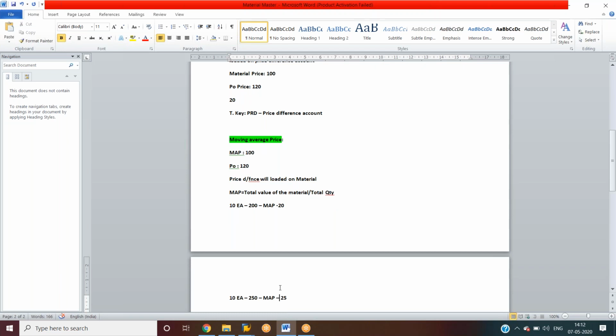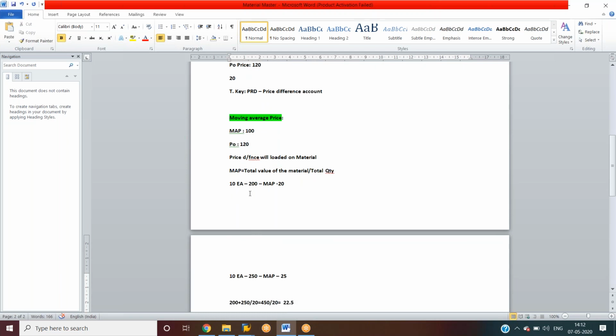To calculate the moving average price, we have one formula: moving average price equals total value of the material divided by total quantity. For example, we have procured 10 materials, the cost is 200 rupees, so each material costs 20 rupees.